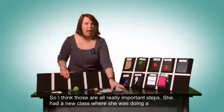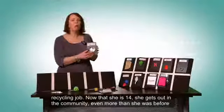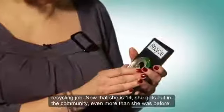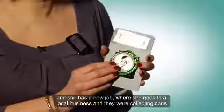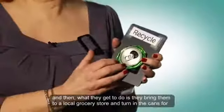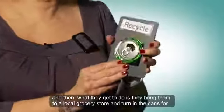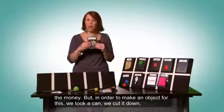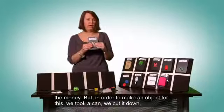She had a new class where she was doing a recycling job. Now that she's 14, she gets out in the community even more than before. She has a new job where she goes to a local business and they were collecting cans. Then they bring them to their local grocery store and turn in the cans for the money. But in order to make an object for this, we took a can, we